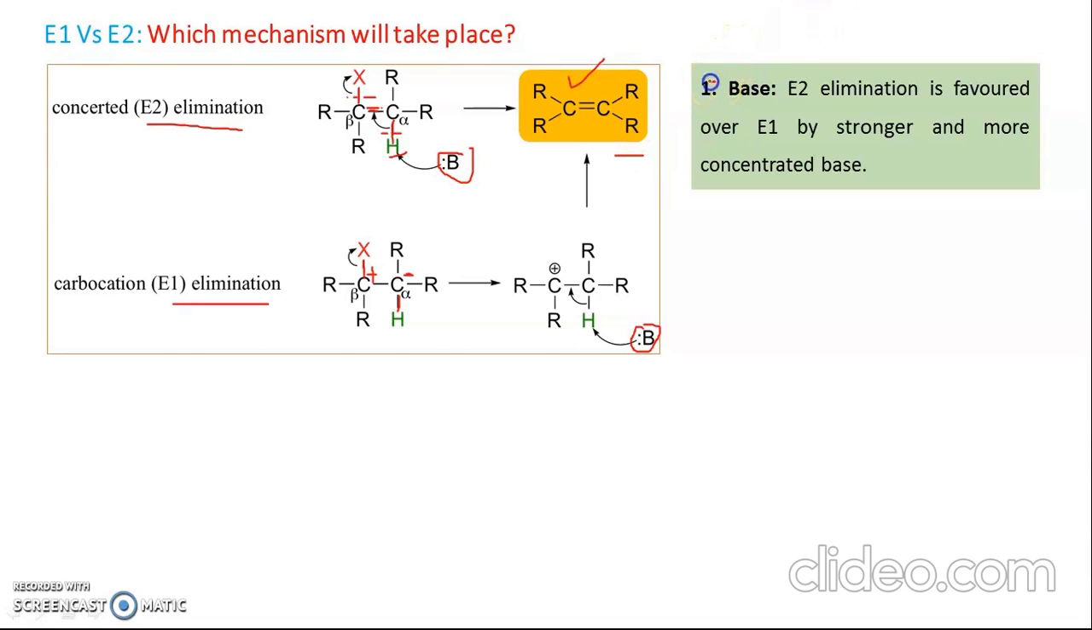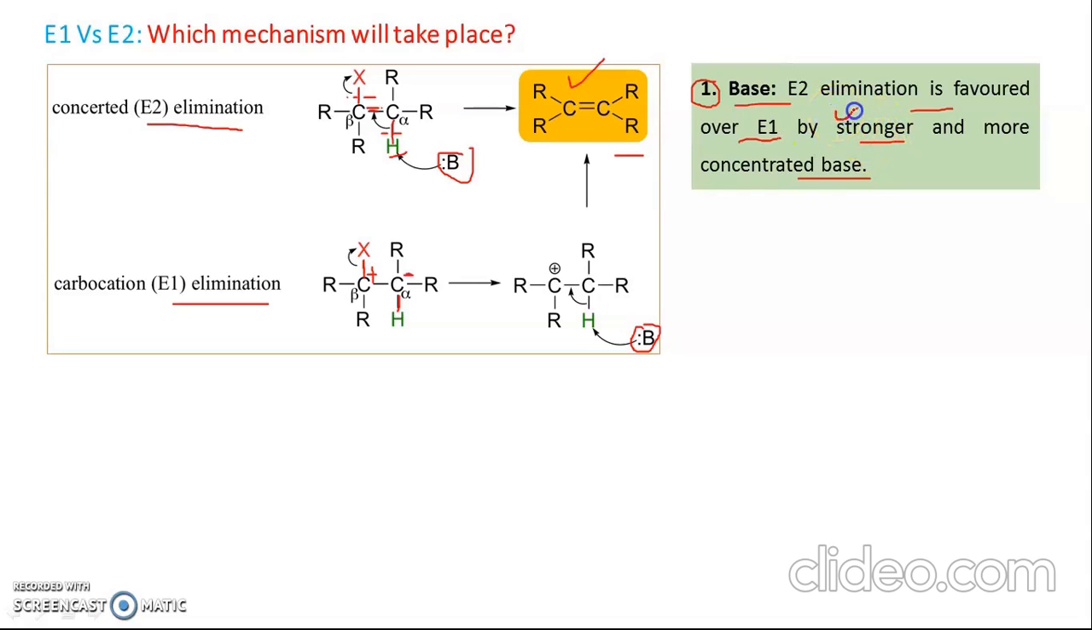The first point that we will discuss is the base that we are using for the elimination reaction. If your base is stronger and more concentrated, then E2 will be favored over E1. Just remember the rate expression of E1 and E2. In E1, it is rate constant times the concentration of your substrate only. But in E2, there is also the concentration of the base. So if your base is very concentrated, that is, the number of base molecules in a particular volume of the reaction medium is very high,